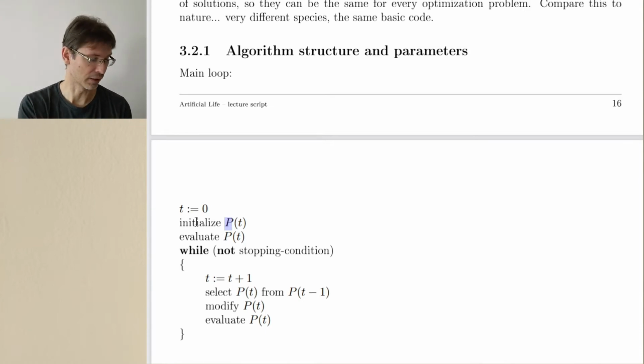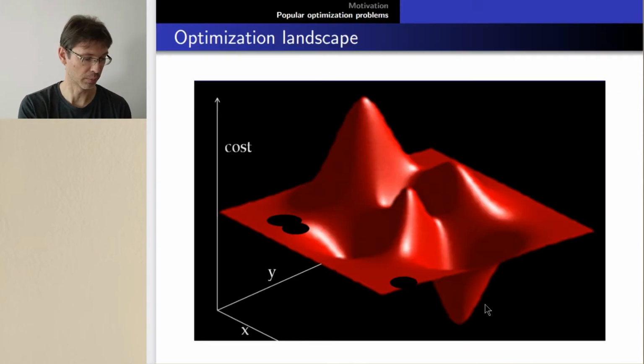But in genetic algorithms and in all evolutionary algorithms, you need a population. So you usually simply initialize your first population, or zeroth population, by generating all individuals randomly. Let's say you need 50 or 100 individuals. So you initialize them randomly. You evaluate them. You call this evaluation function, and you remember this landscape. You have a population of random solutions and you evaluate each solution. So now you know how good they are.